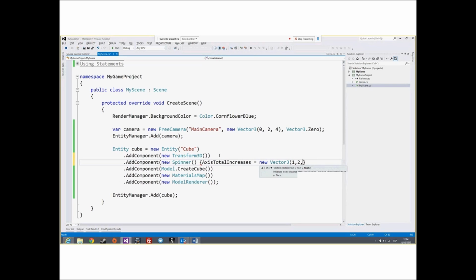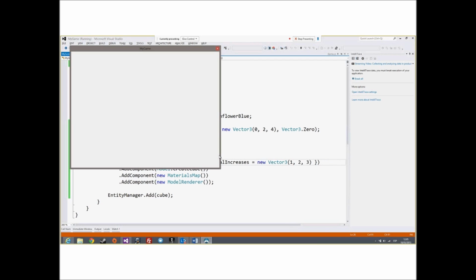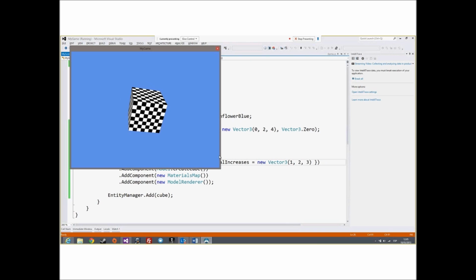For example, just this. Okay, and only with that we can see how now our cube rotates.